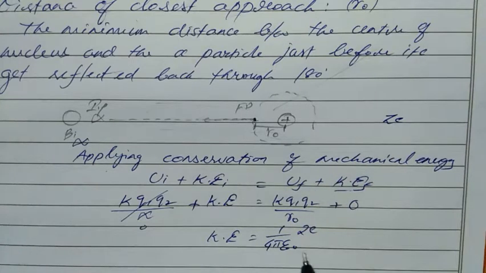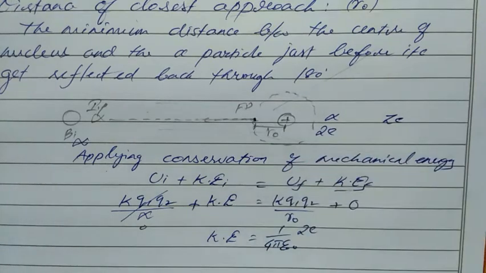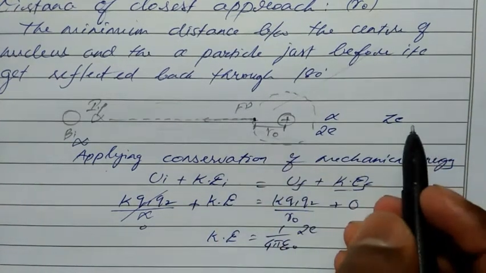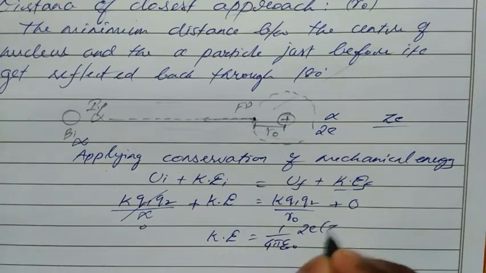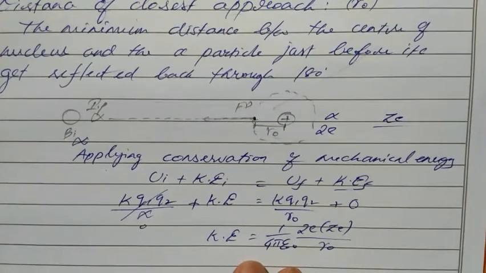Z is the atomic number. For the alpha particle Z is 2, so we take 2e. For this metal we don't know the Z value, so we simply take Ze, where Z means atomic number. We don't know the metal, we don't know the atom, so we simply take it as Ze divided by R0. You see here the formula which we studied in the first chapter comes until the 12th chapter. Except two chapters, ray optics and wave optics, the first chapter and second chapter are very much essential in order to understand all the remaining chapters.